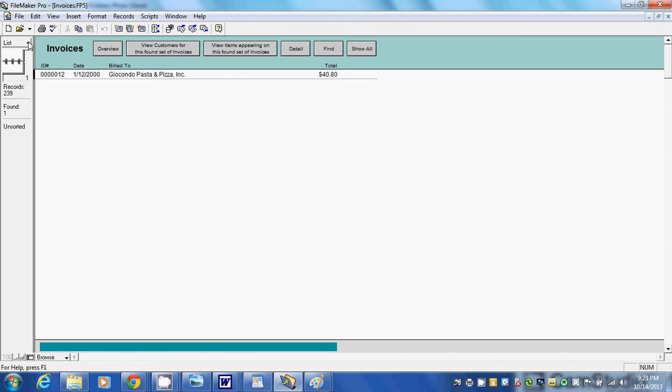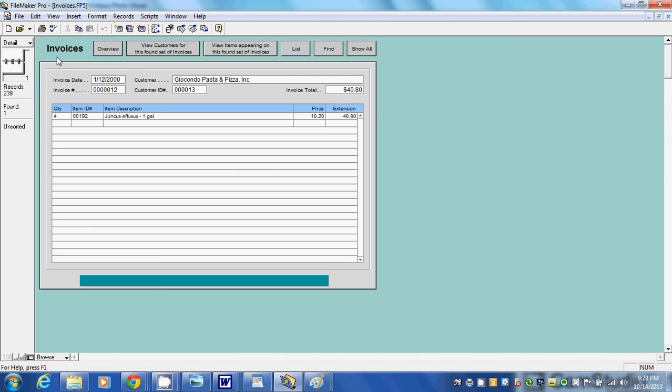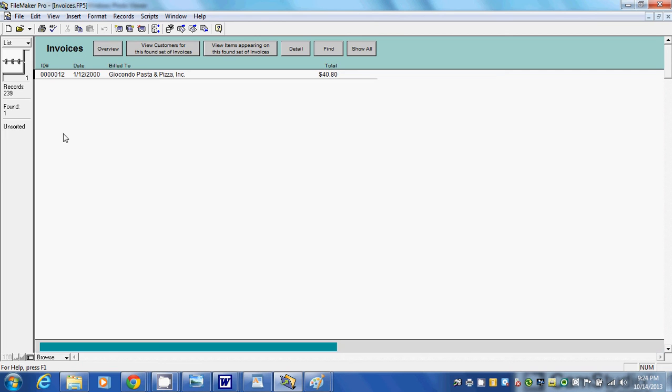If I go back to this box right here, I can change this, go to the detailed view, and I can see the invoice for this customer, and I can print this out and send it off to my customer. If I go back to list,